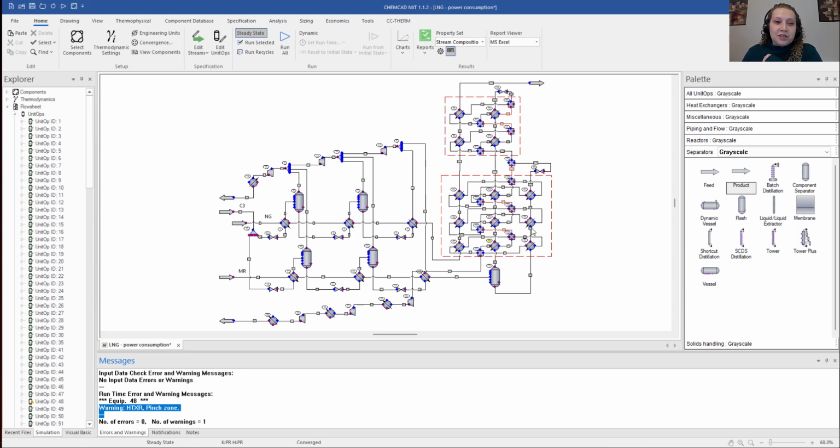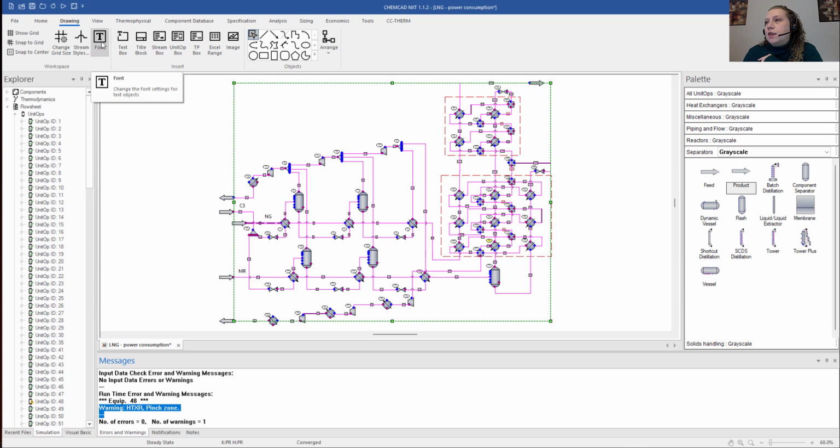So when I have this huge process simulation here, one easy way to zoom in to find the heat exchanger that my warning is about, it can be kind of hard to see. It is highlighted in yellow, but let's say I'm trying to find it. There's two things that I like to do to help me find things in a large complicated flow sheet. One thing is I can select all streams, or I can select specific stream groups, or specific unit operations. But if I select all streams, I can go into drawing and view,